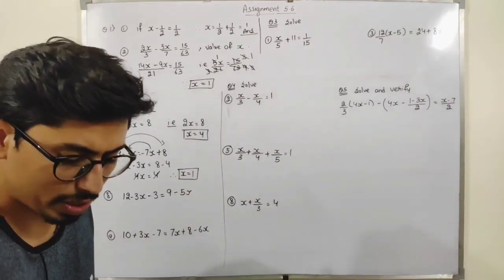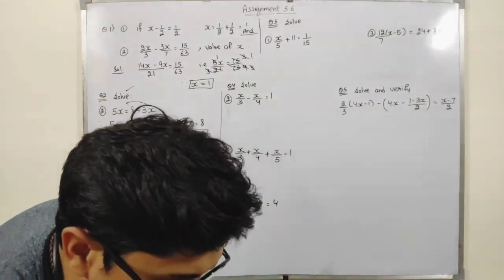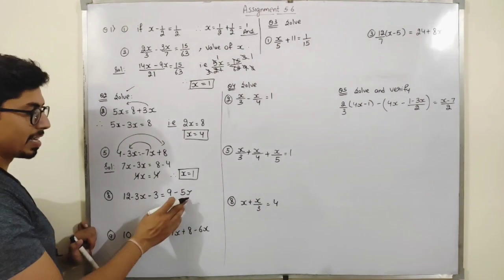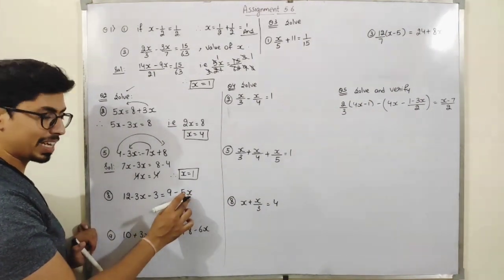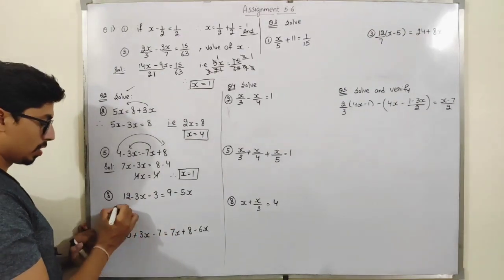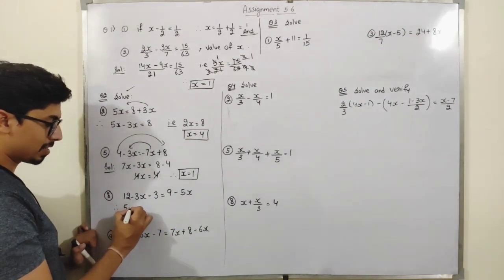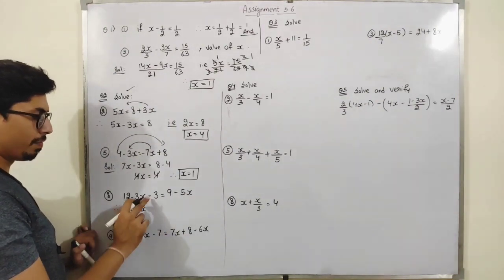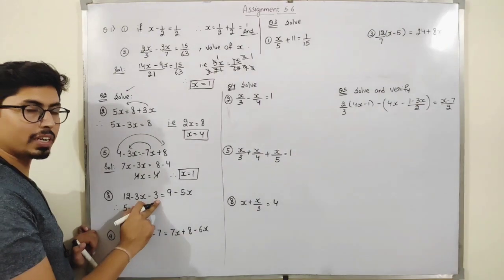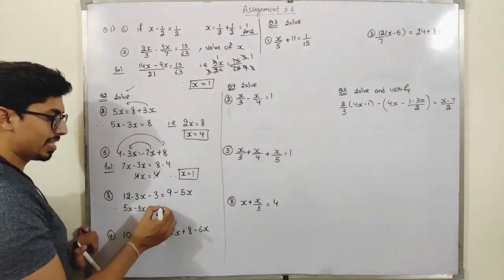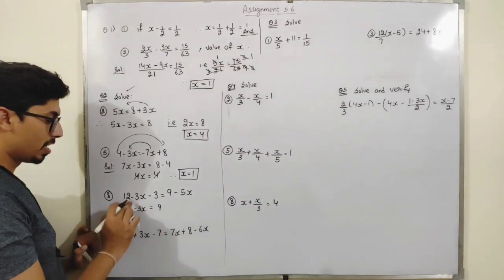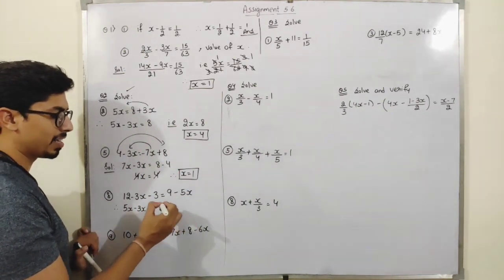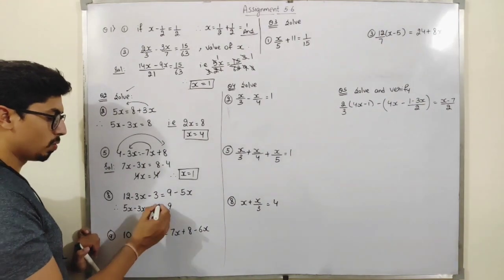Okay. Now similarly, students, we can discuss the remaining parts. If I take this, students, see, 5x. 5x is negative, when it goes here it will be positive. So I can write it like this: 5x minus 3x. See, 12 minus 3 is 9. This 9 is already here. 12 minus 3 is plus 9. Plus 9 when it goes to the right hand side will be minus 9. So 9 minus 9 is 0.